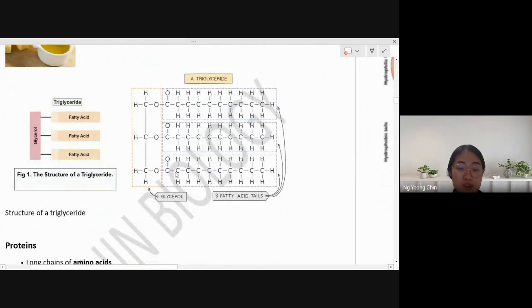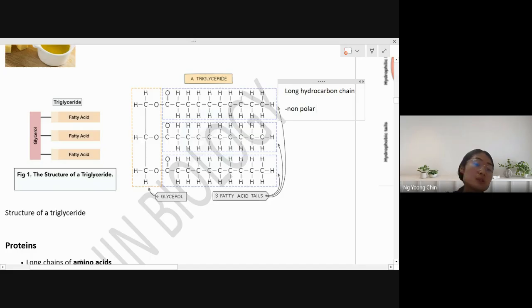Okay, so for the fat you should know about the structure. You should be able to identify the structure. So this is glycerol. So one glycerol and three fatty acids. The glycerol is just made out of a hydrocarbon chain of three carbons. For the fatty acid, it will be much more complex. So the three fatty acids, as you can see, are very long hydrocarbon chains. This long hydrocarbon chain, we call it non-polar.